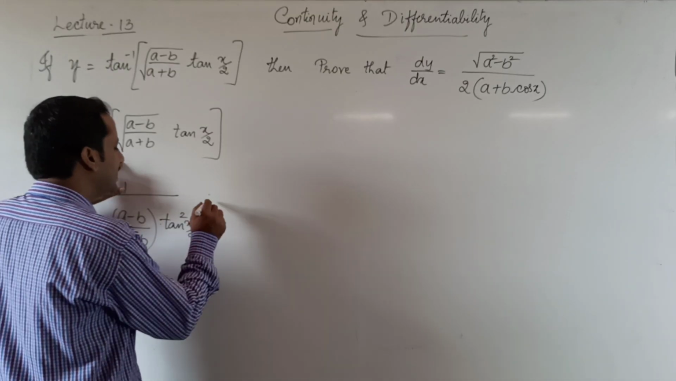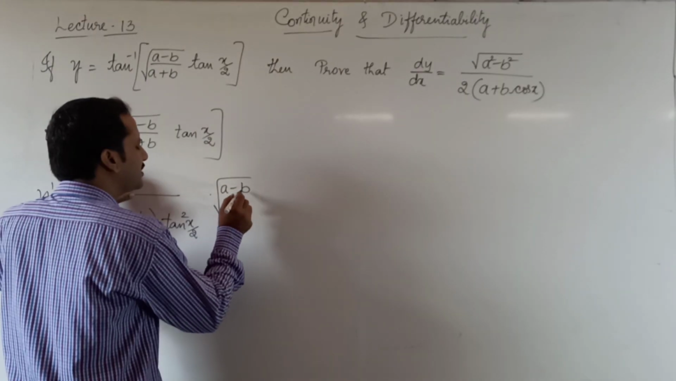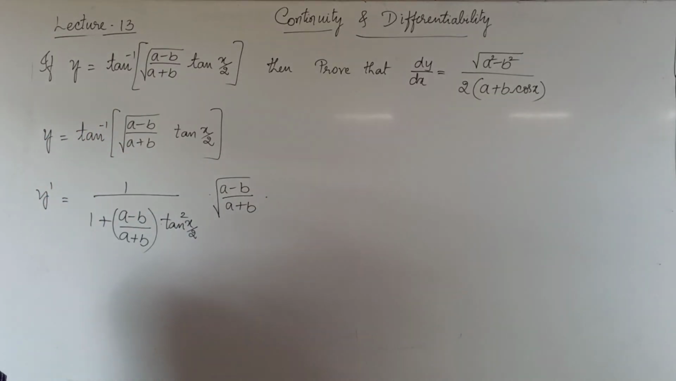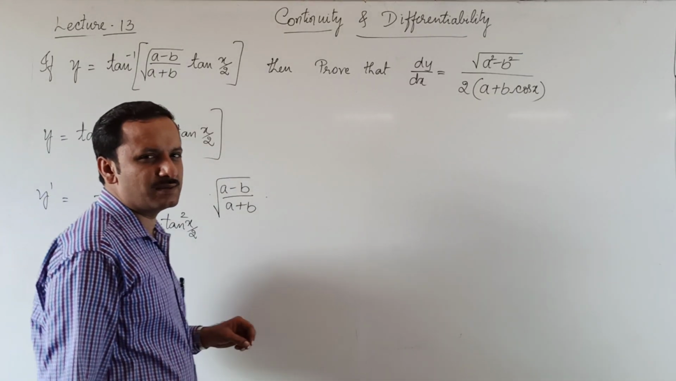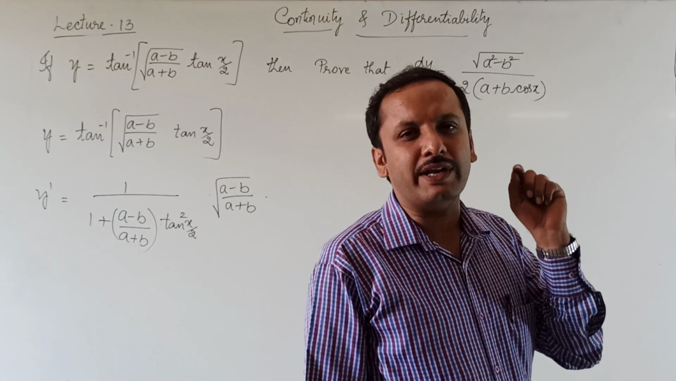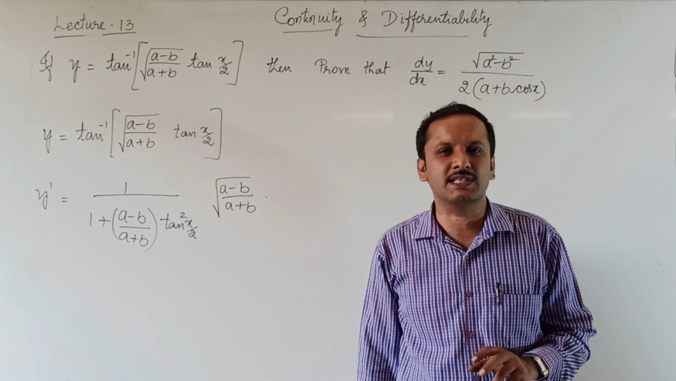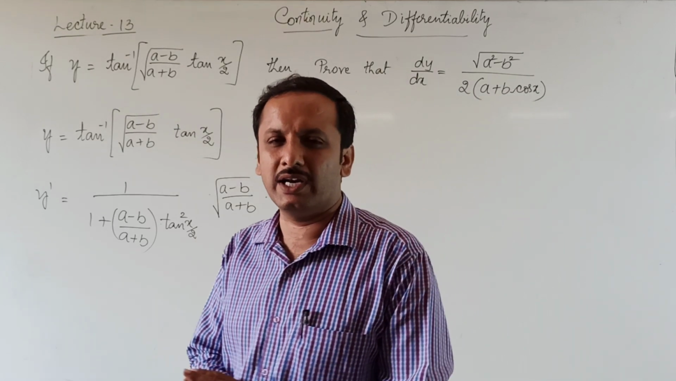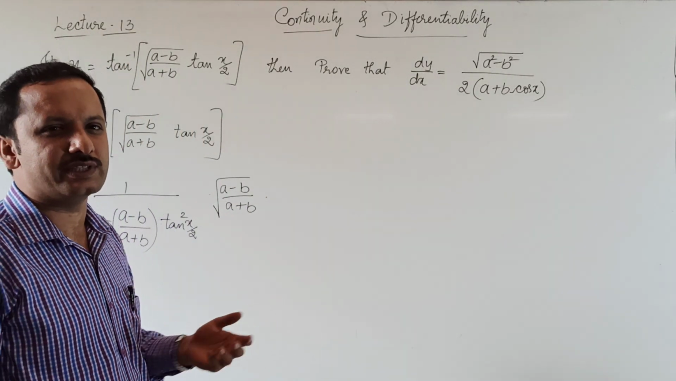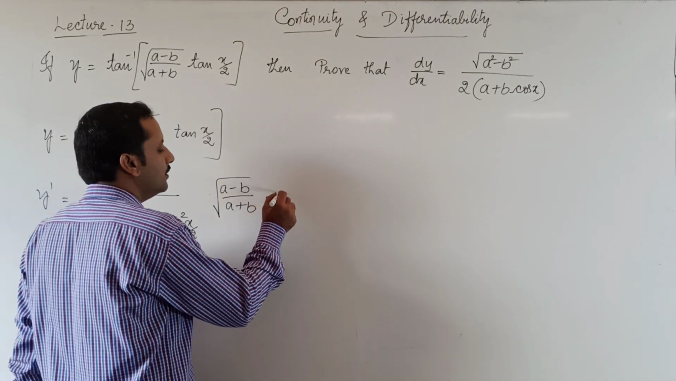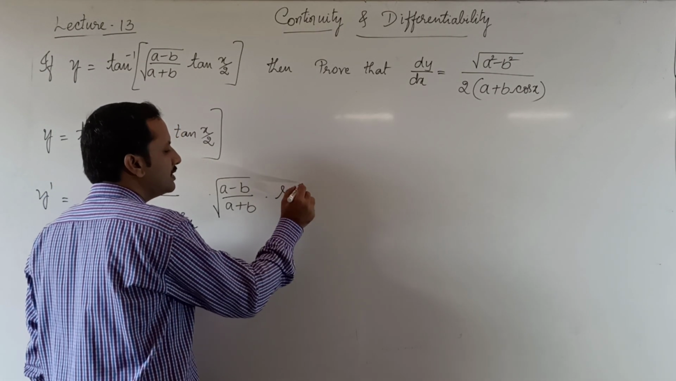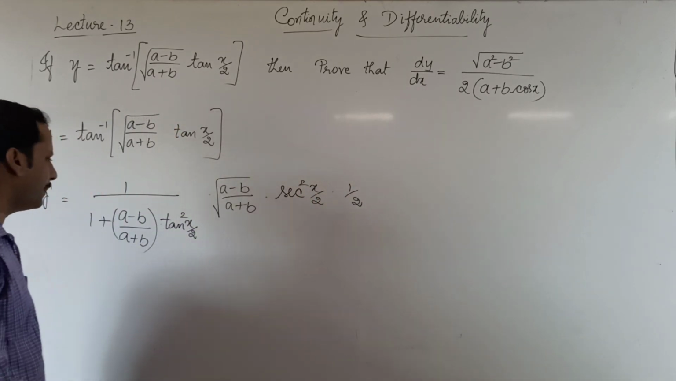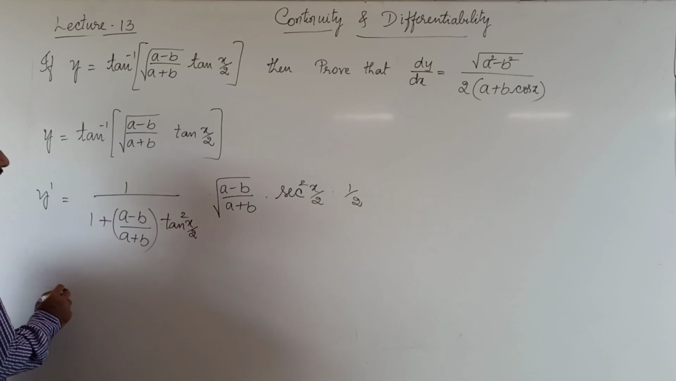So that constant is root of (a minus b) by (a plus b), which I will retain as it is, into, now I will differentiate this function, derivative of tan x by 2. As we know, derivative of tan x is secant square x. So derivative of tan x by 2 is secant square x by 2 into 1 by 2, which is the derivative of x by 2. So this derivative of tan x by 2 is secant square x by 2 into 1 by 2. Okay, that's equal to,